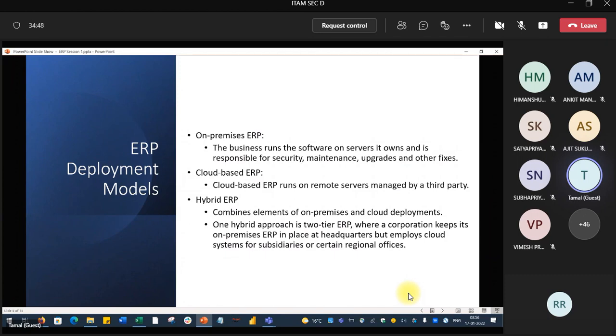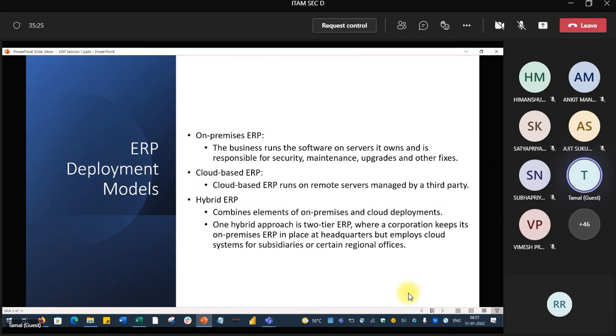Slowly they will be moving towards cloud from their on-premise ERP. Okay, so that is a hybrid cloud actually. Something is working on the on-premise and something is moving towards cloud, which is very difficult to maintain because you have to maintain the cloud and you have to maintain the on-premise. Data has to be in sync. That is the main issue of this. Something is in the company IT department and something is in cloud. So these are the things.